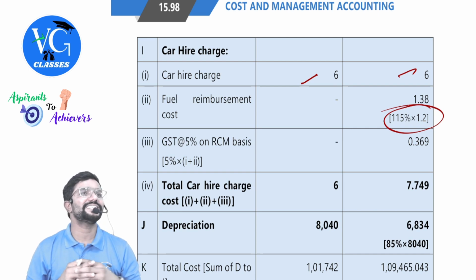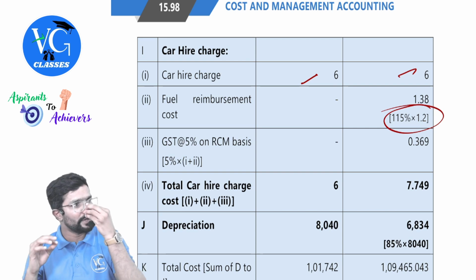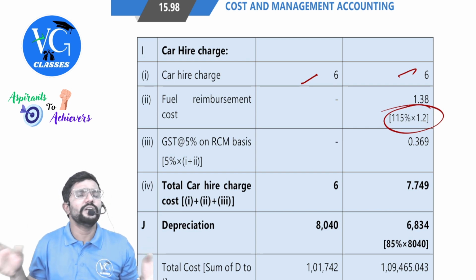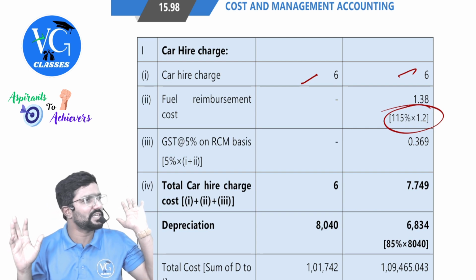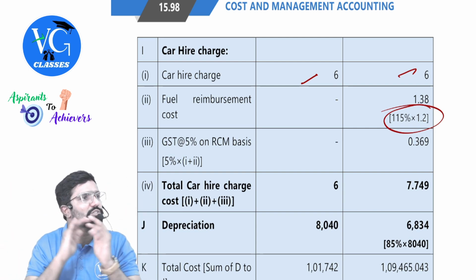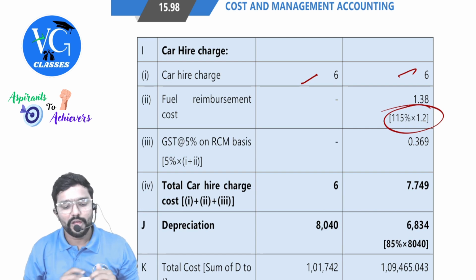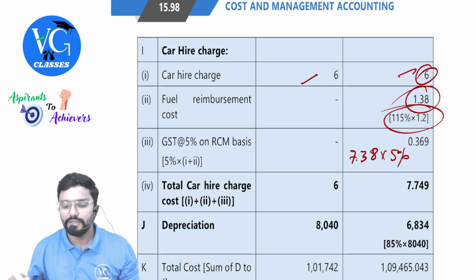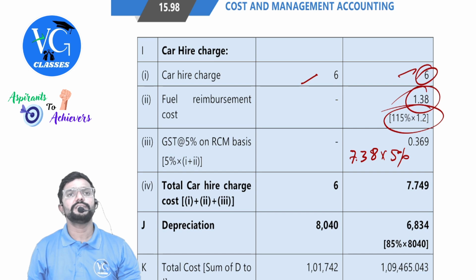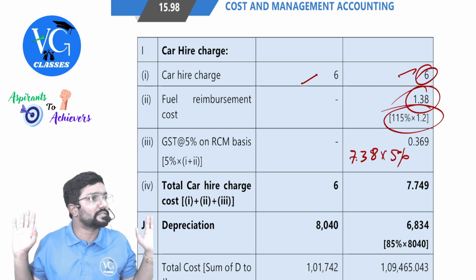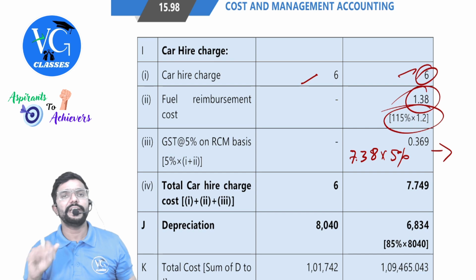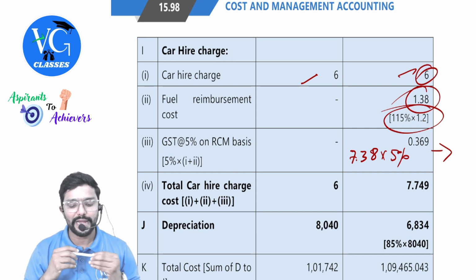Plus GST, as a gift by made up. So you are now liable. You are a recipient, and RCM is applicable. They are only telling, sir, why RCM? Don't worry, that you have already learnt in GST. RCM is applicable, no credit. That means it should be added to the cost? Yes, sir. So on what, guys? 6 plus 1.38, 7.38 into 5%, 0.369. Guys, if credit is available, don't add this. As credit is not available, you have to add. You can write there, no credit, hence added.